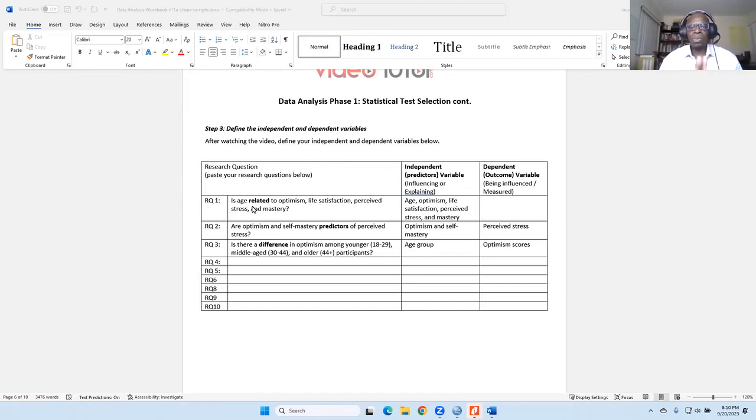So you would have an independent, which is optimism and self-mastery, affecting perceived stress. And for research question 3, the independent variable was age group, because the notion was that age group was affecting optimism scores. The particular age group you belong to is going to have an effect on the variation in optimism scores.